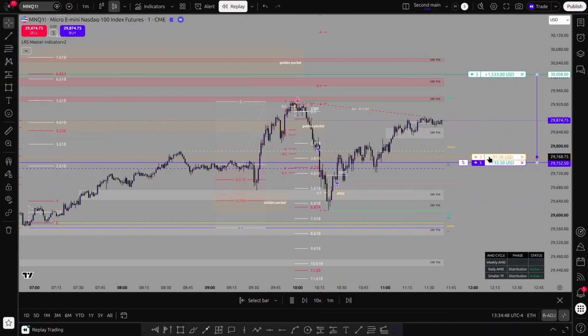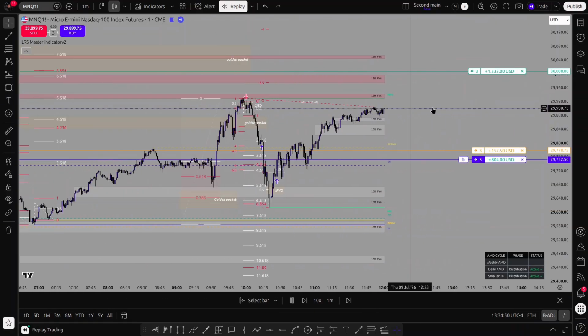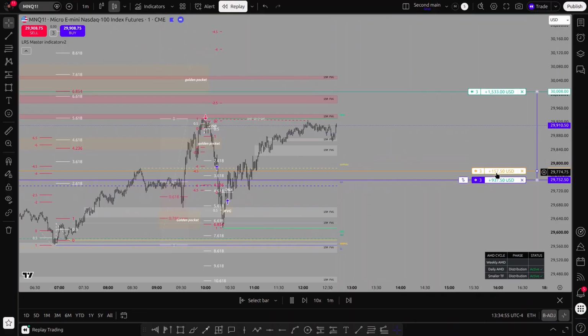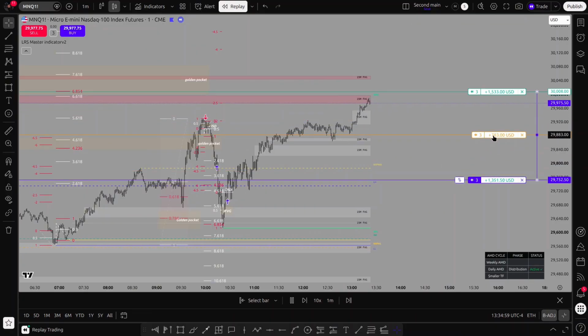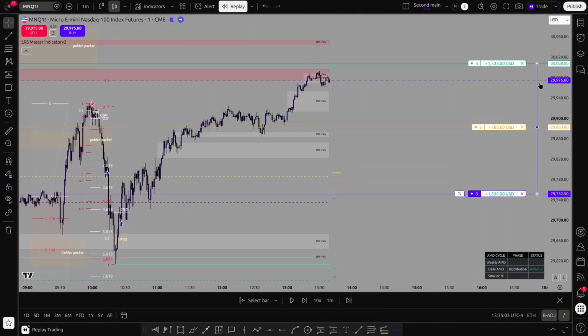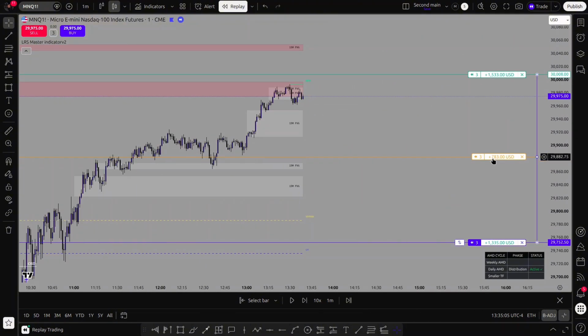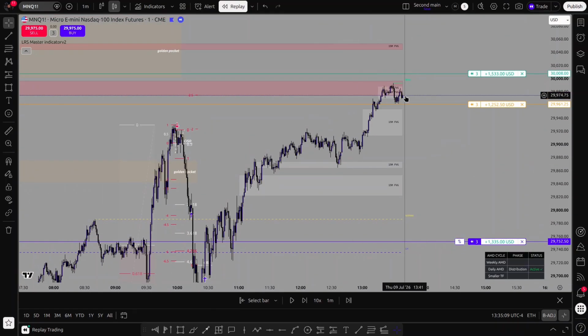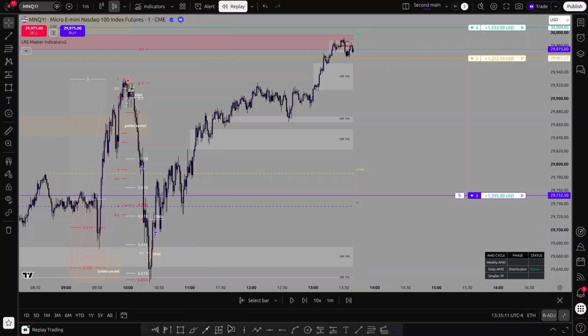I'll throw my stops right here, just because bullish momentum seems to be dying. If we break higher, I'll change my stops right here. Would I maximize my profits at this time? I would, personally. I would put them right here. Why would I risk the market reversing on me at this time after waiting for